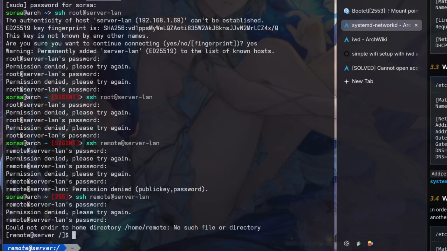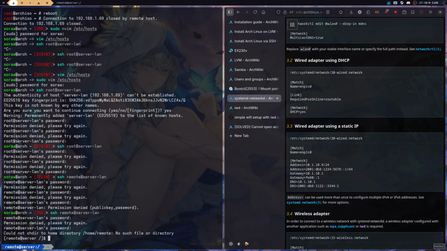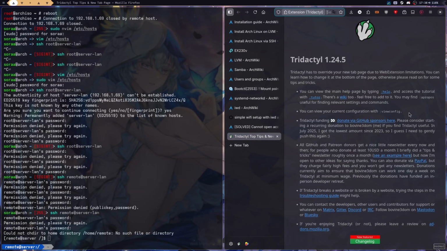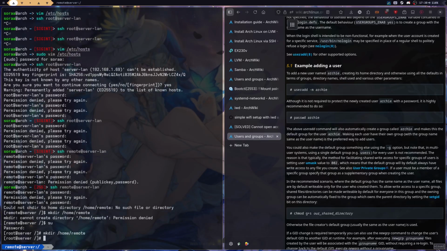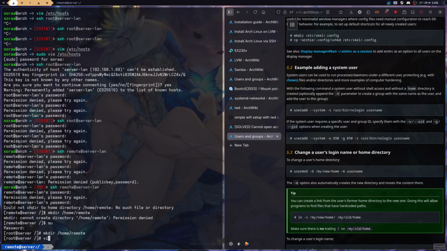Yeah, it works now. And to create a home directory for the user, mkdir /home/remote. The user won't have any sudo permission, because if you want to do anything with sudo, you will just su to the root user anyways. Oh yeah, for information, I also changed some things regarding Wi-Fi,